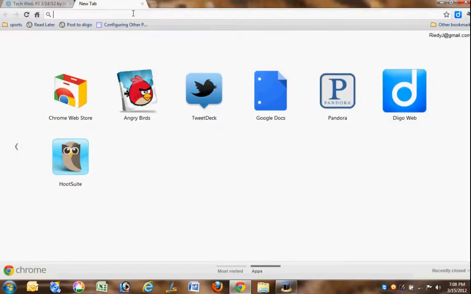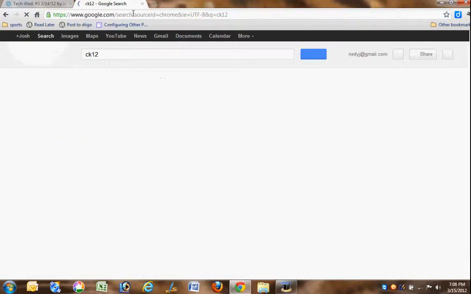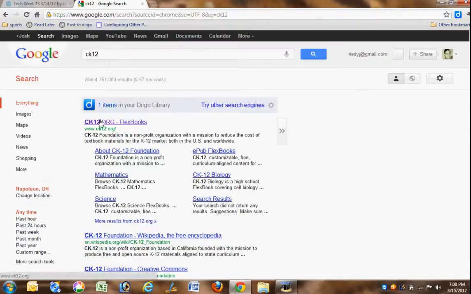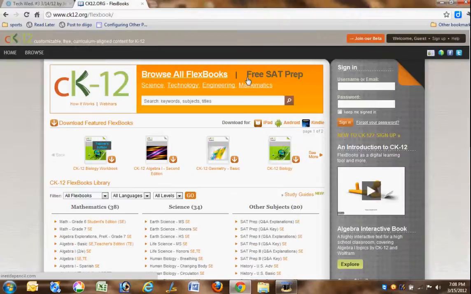So for today's Tech Wednesday, March 14th, the first thing we started covering was the CK12 Flexbook. If we go into a new tab and just Google CK12, it should be our first link here. When you click on this,